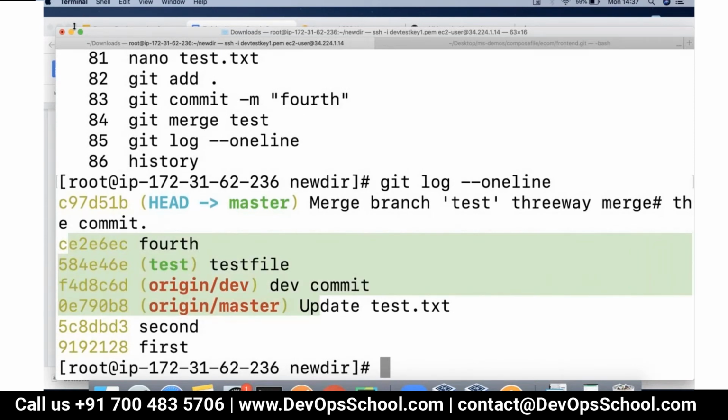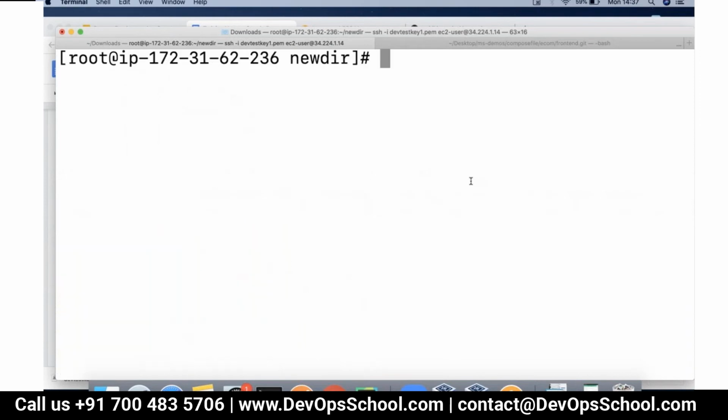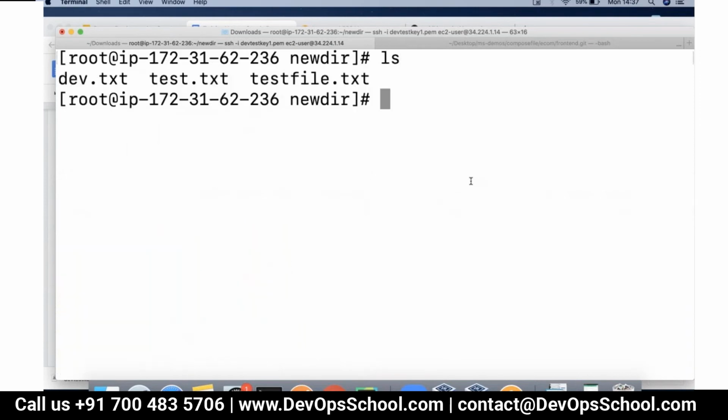Fine, guys. Now let's talk about the other thing, which is called merge conflict. In what cases might you see a merge conflict arising? Let's try and understand. So, merge conflict is a phenomenon when multiple people try to edit the same line in multiple files, and then